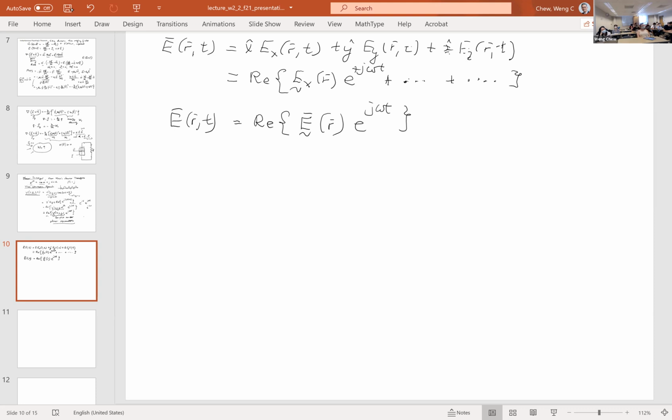Well, it seems to make life more complicated for you, but not actually. It makes life simpler for you. Because if you were to go into Maxwell's equations and rewrite them in this manner, for instance, if I have B of r, t, and this is time harmonic, I can write this as the real part of a complex vector times e to the j omega t, right? Now, if I were to differentiate this equation,